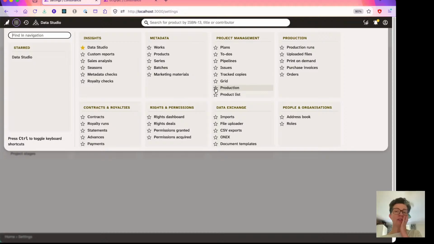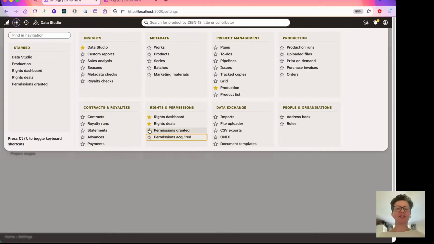If you click on one of the stars, so look over on this left-hand side here when I click on a star, I click on production, and now it's in the starred list. Right, it's over here. So it's just a very small way to tailor the system to the bits that you go to. If you never go to anything to do with rights,